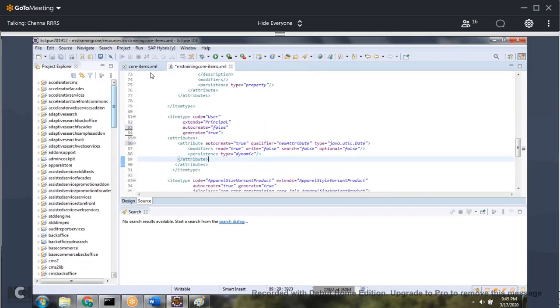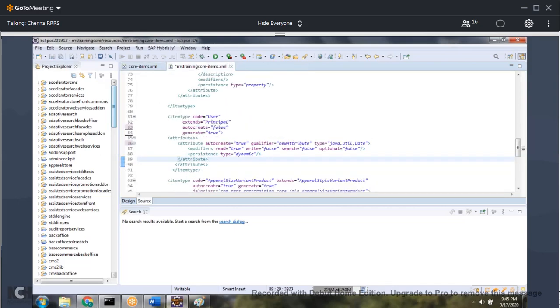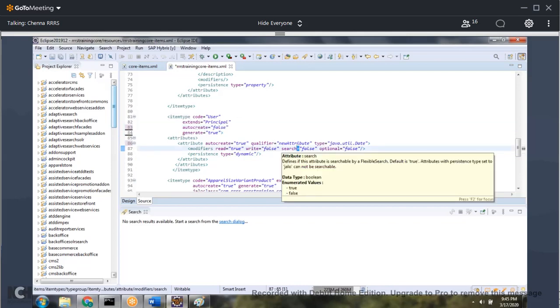The first time, you definitely need to make it true. Next time onwards you don't need true, because this entry is already created and you are only creating attributes. Therefore you can mention auto create equal to false.